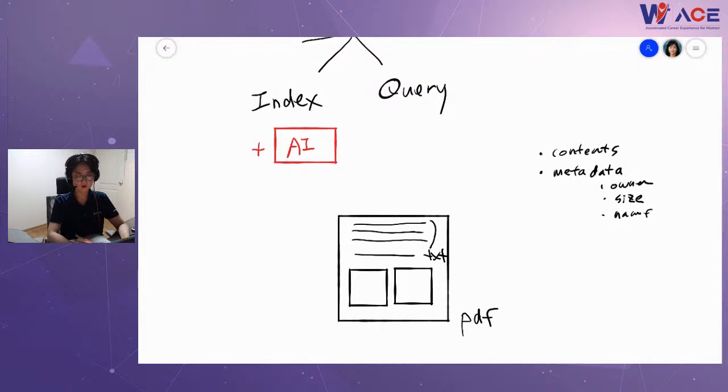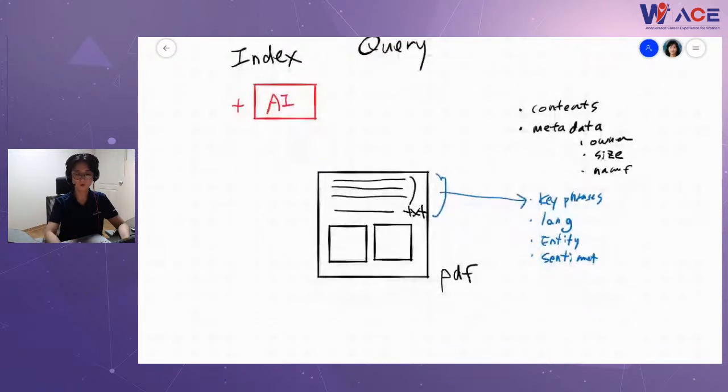But what if you run AI models or AI modules over these contents? Then what kind of information can you extract? Maybe you can get some key phrases of the contents, and you may detect the language. You can also do some translation, or get some entity information, or analyze the sentiment of this paragraph or this document.